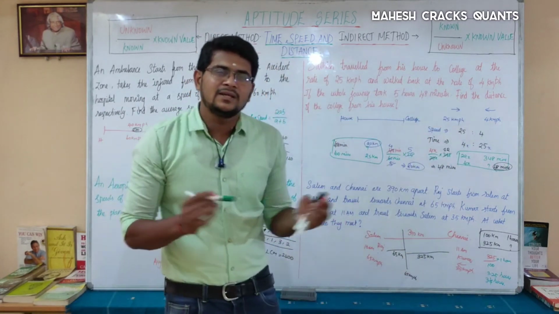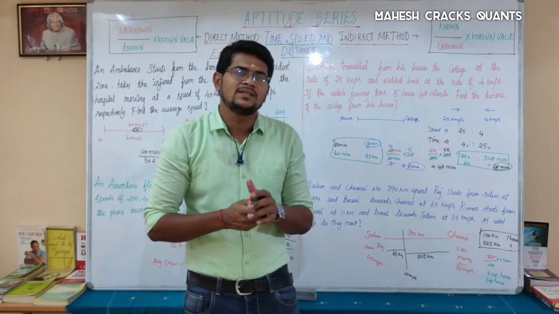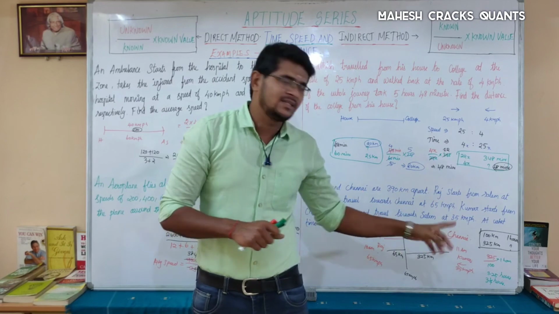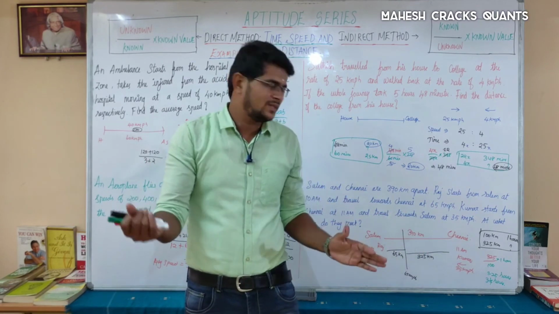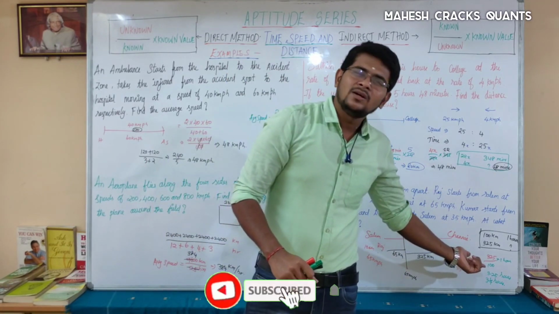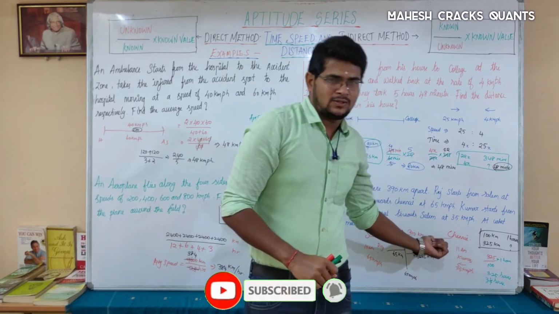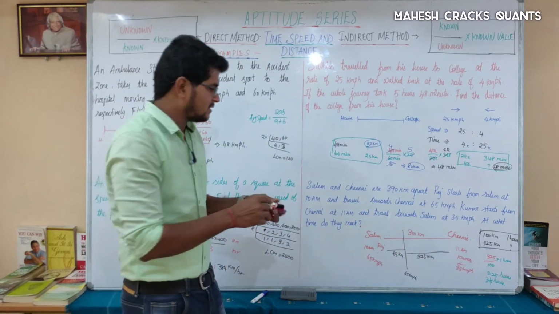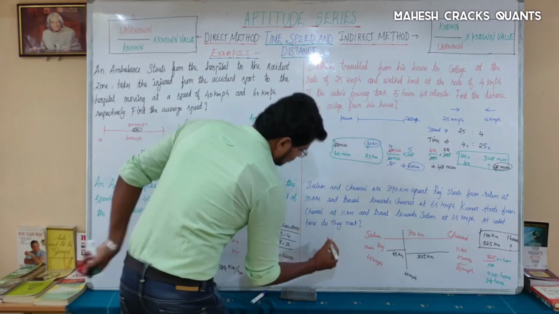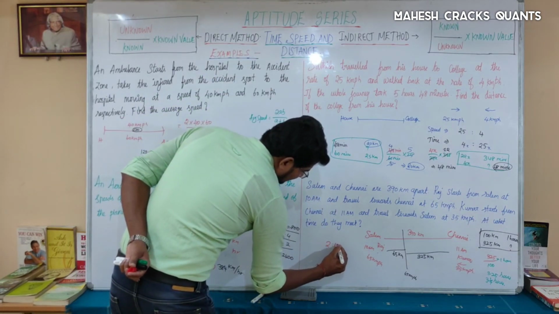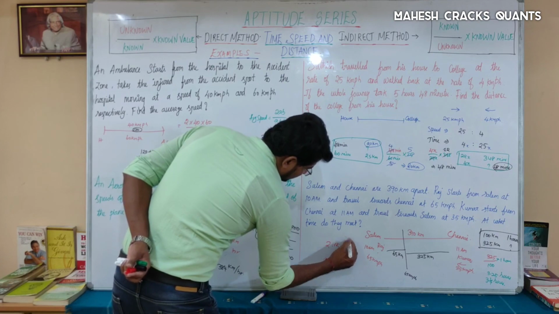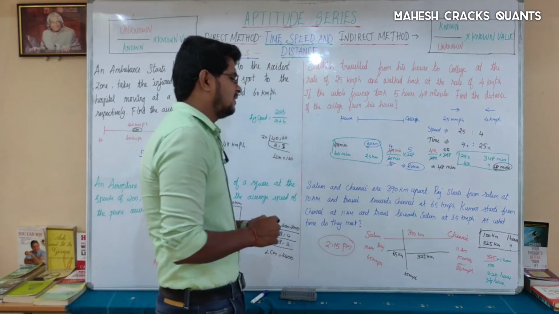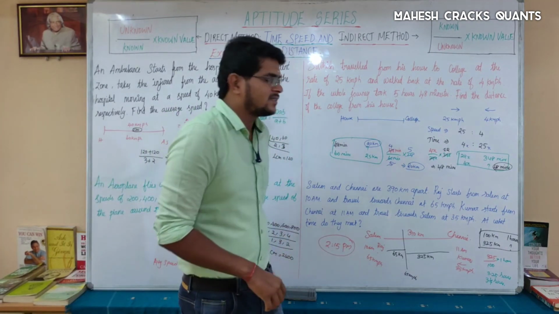At 11 a.m. they are together starting, so after 3 hours and 15 minutes. 1 by 4 hours is nothing but 15 minutes. After 3 hours 15 minutes they will meet. Okay, from 11, adding 3 hours 15 minutes is nothing but 2:15 p.m. So they will meet at 2:15 p.m. So that's all the example of